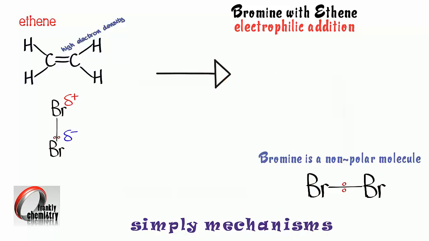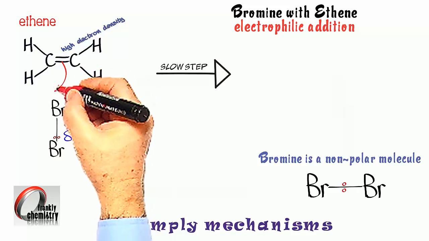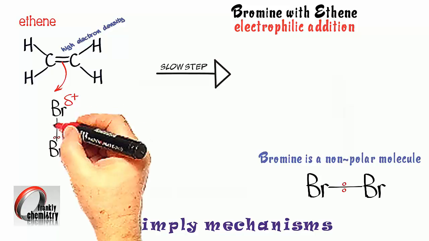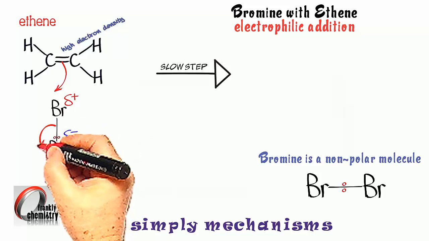Now, as is typical of these organic mechanisms, we have a 2-step mechanism. The first step is the slow step, also known as the rate determining step. And here's a curly arrow, which in all cases tracks the movement of a pair of electrons. This one is showing that the 2 electrons, specifically of the pi bond, remember it's sitting out from the flat plane of the molecule, and the pi bond is also a weaker bond, so it's the bond that's going to break, and both electrons come around to form a bond with the bromine at the top of